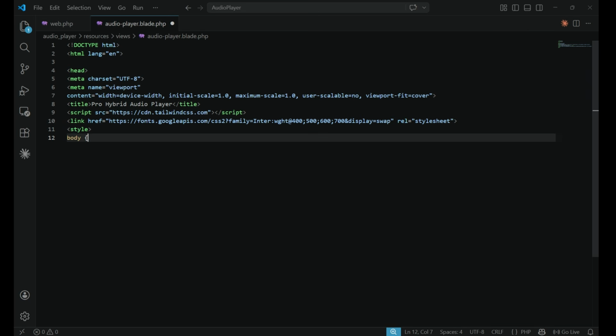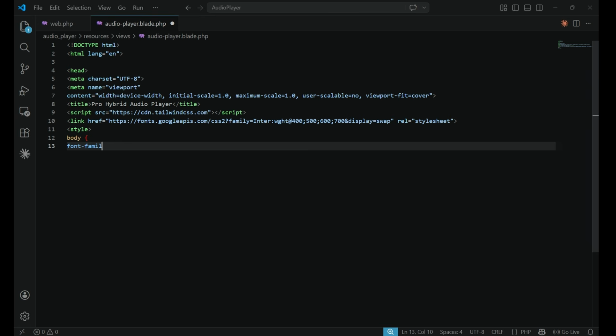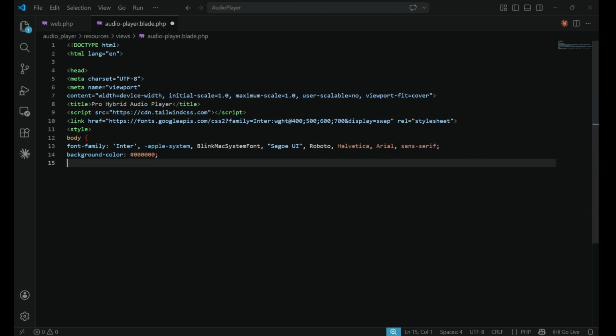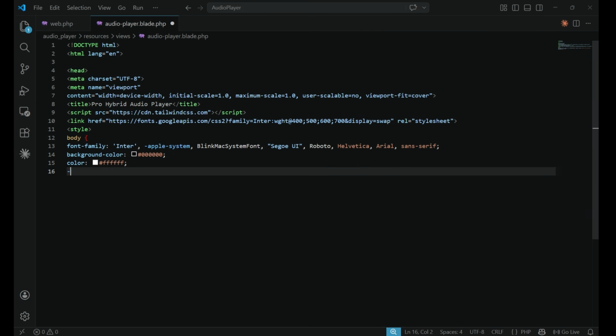Okay, just this, and then after this I will start the styling that I need within this, in the body and all, and after this